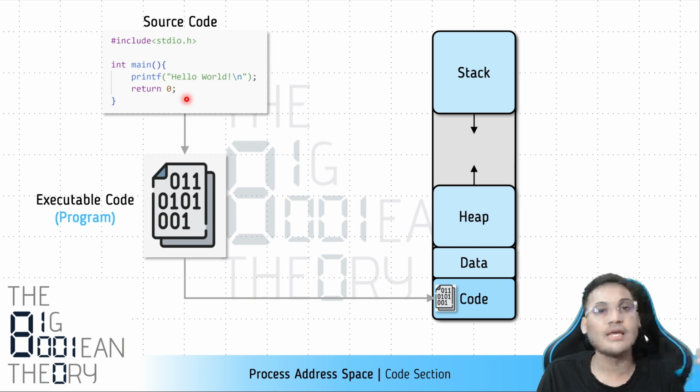And this high level language is similar to natural language like the English language. It has some syntax, but is still at a level which the computer cannot understand, though we can understand. So the first step that we take is that we compile this source code and we get the executable code. So basically, when you compile this, you not only get the code, you also get the data. So that bundle of code and data is the program,